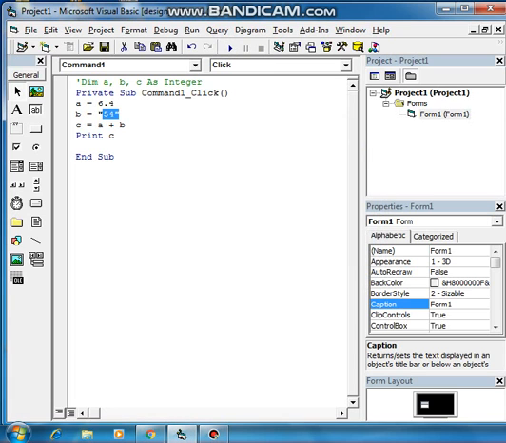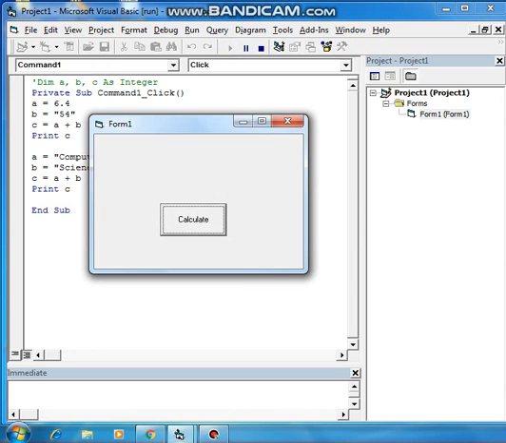Understood? Not only that, I can do more. Now I'm just copying these statements and pasting here again and specifying some other type in A. I'm giving A as computer and B as science. I did computer science. Now A plus B and print C I'm doing. You please check the answer.